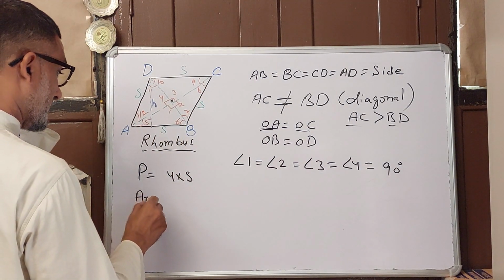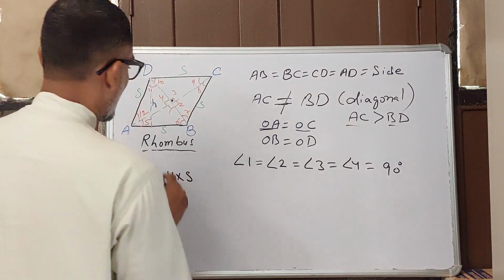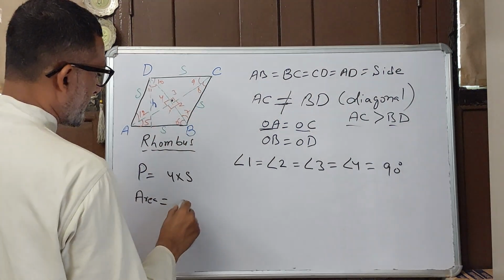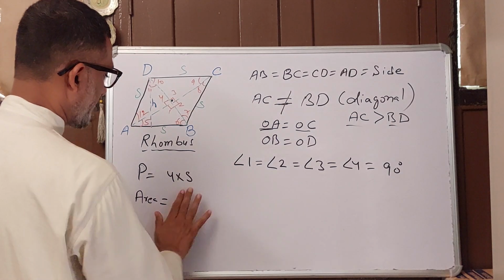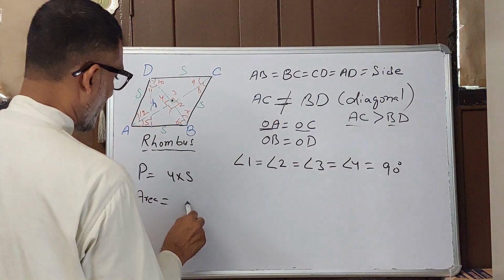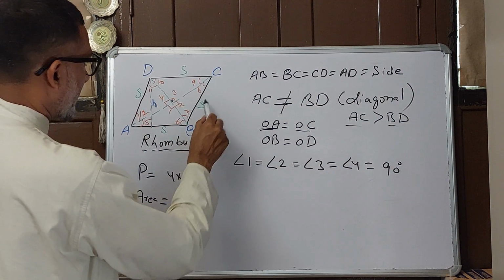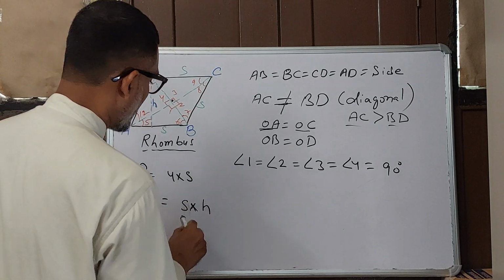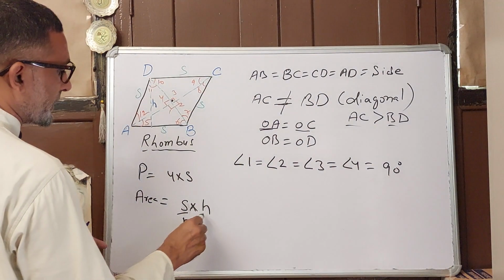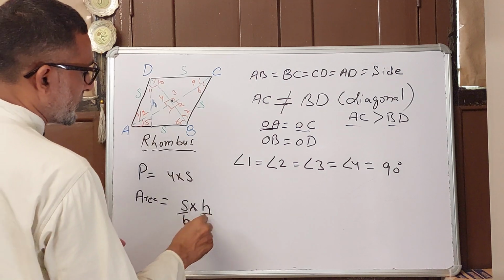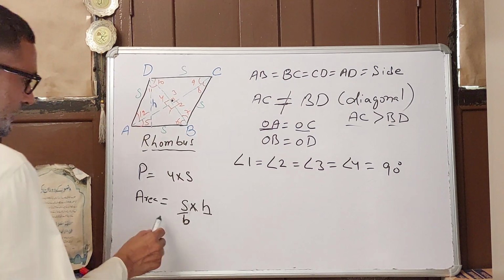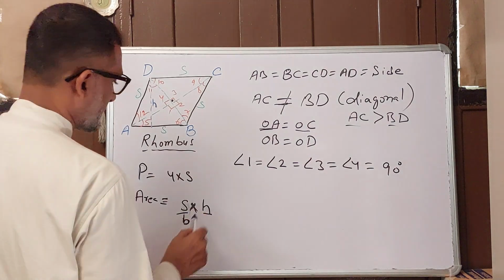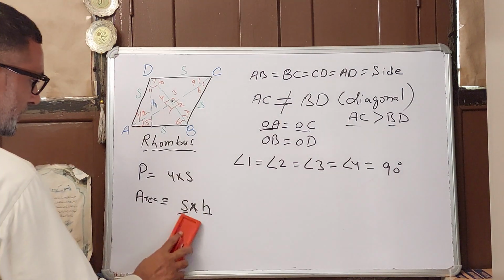But in area, in a square, side into side, because base and height are also same. But here the base is same as a side, but the side is not same as height, so its height is different. Here the base is this and height is different. So here the area will be base into height. So hope you understand